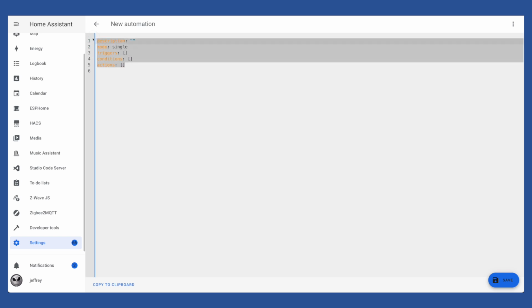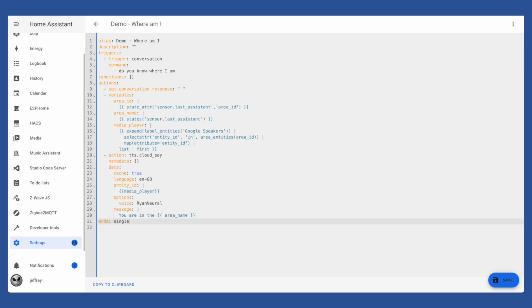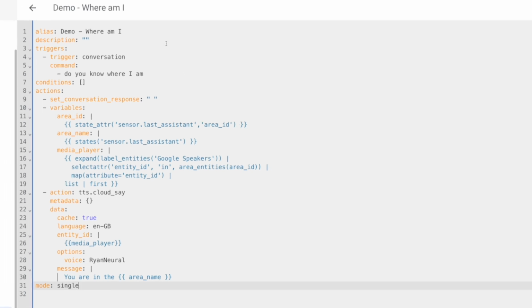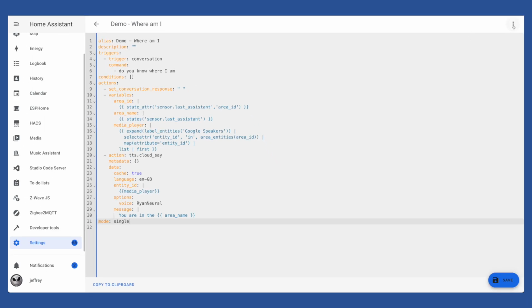And paste in the YAML we've copied from that guide over on slacker-labs.com. Also, don't be alarmed if this syntax looks different than the YAML you've seen in the past. The Home Assistant team recently updated the nomenclature, but all of the old stuff still works. And to make this easier to walk through, I'm going to head back up to the three dots and click